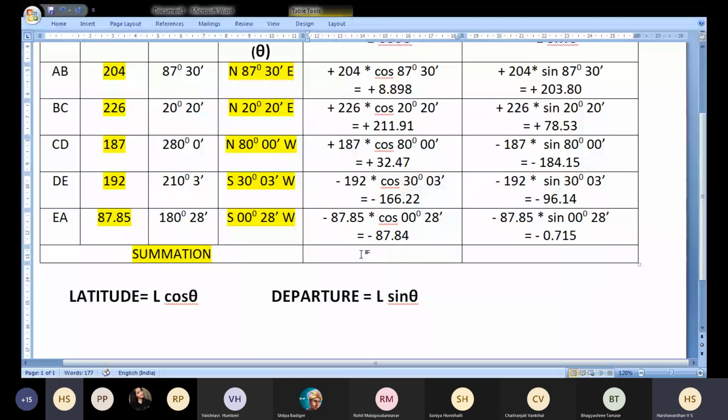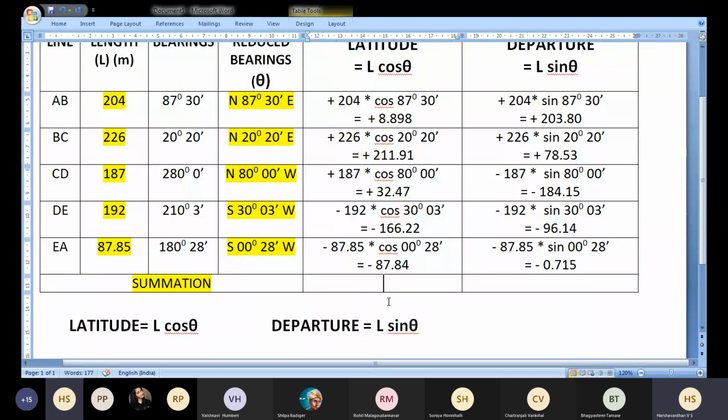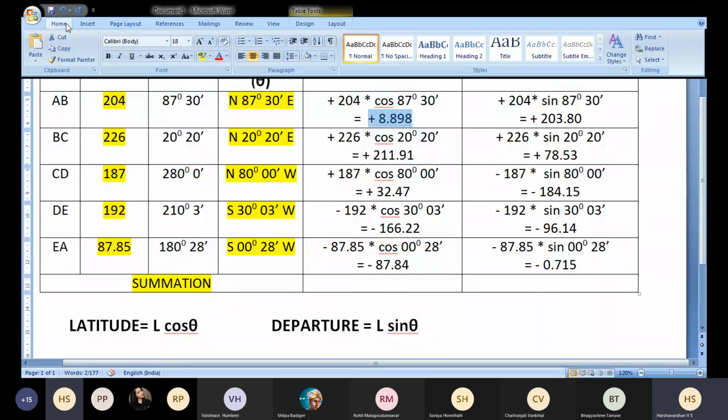Okay, now calculate the summation of all the latitudes. That is